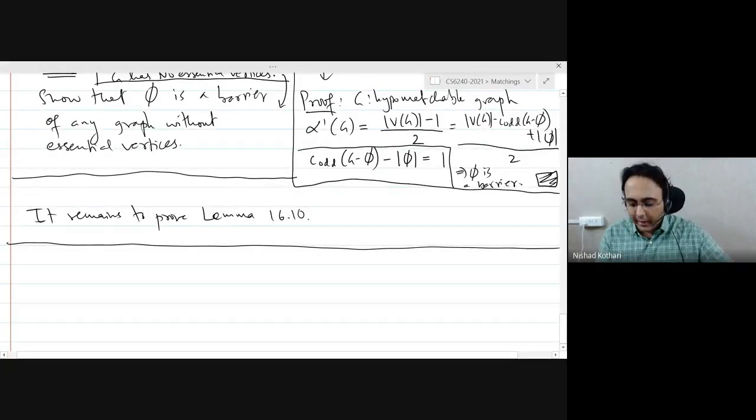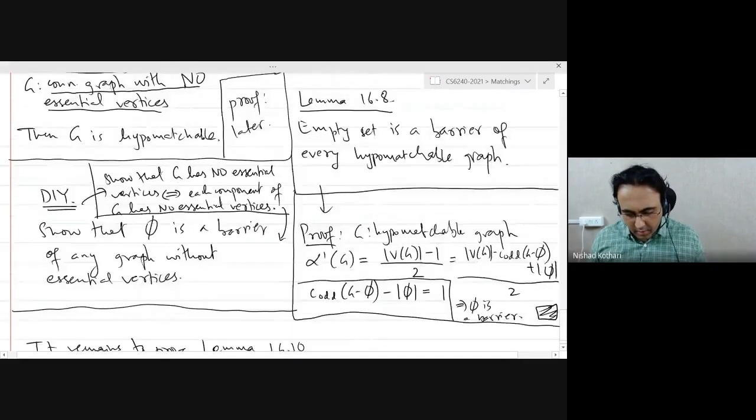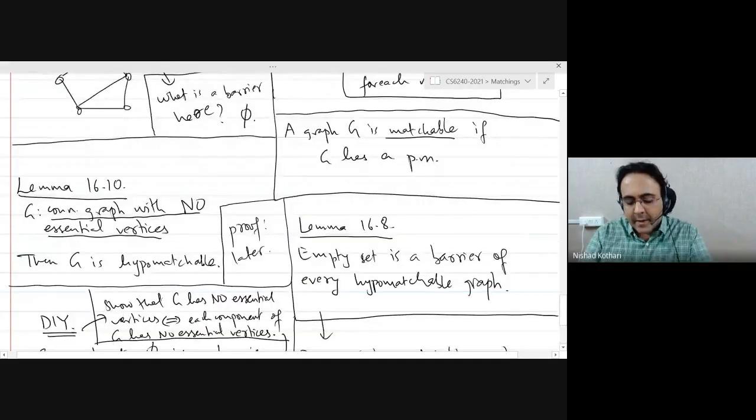Good. Any questions or concerns at this point? Right. So what are we trying to show now? We are going to take a connected graph with no essential vertices, and our goal is to show that this graph is hypomatchable, right?